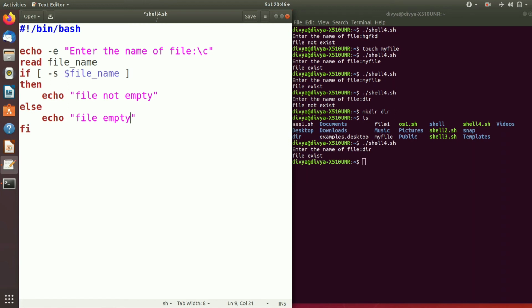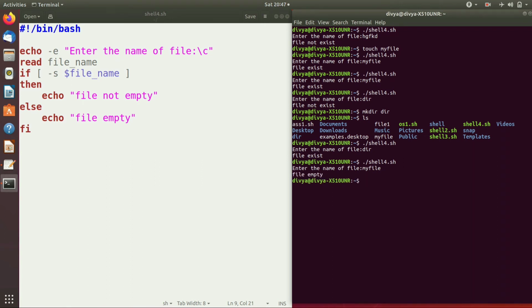Okay, so let's run this script once again, ./shell4.sh, and my file name is myfile here. Okay, so it says file is empty.